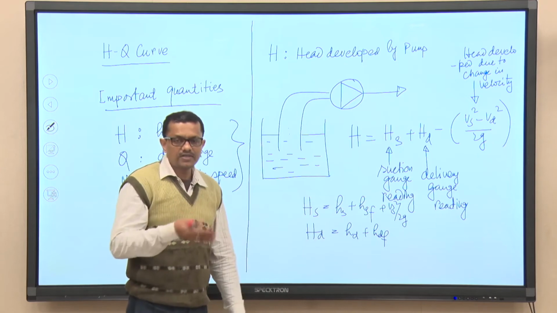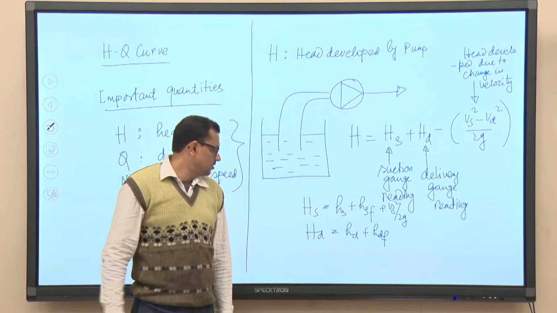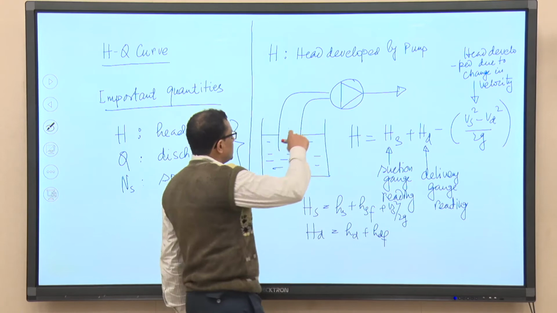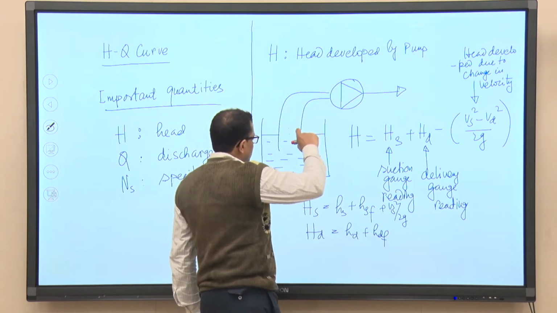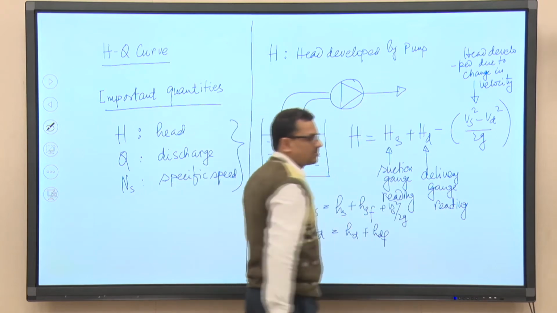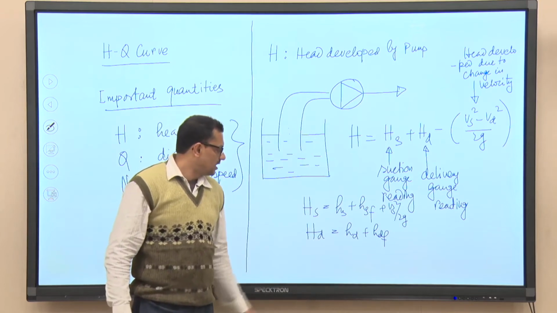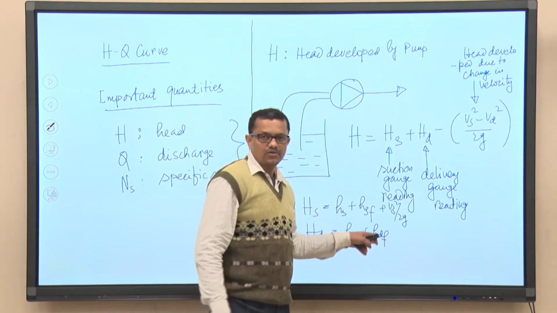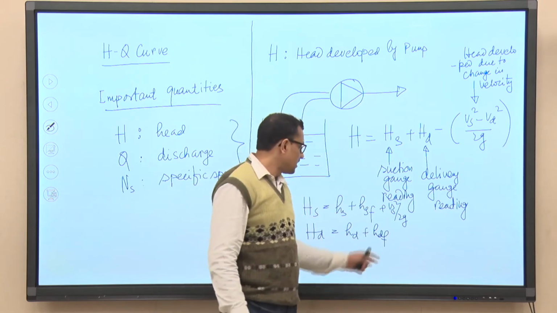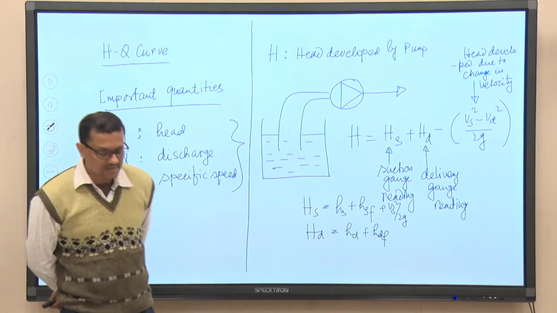So, for the operation of a radial flow pump, the pump datum is nothing but the axis of the impeller. So, Hs and Hd, these two are the heights of the suction point and the delivery point from the pump axis. Hfs and Hdf are the frictional losses in the suction pipeline and delivery pipeline respectively. V square by 2g is the kinetic head while liquid is flowing through the suction pipeline.